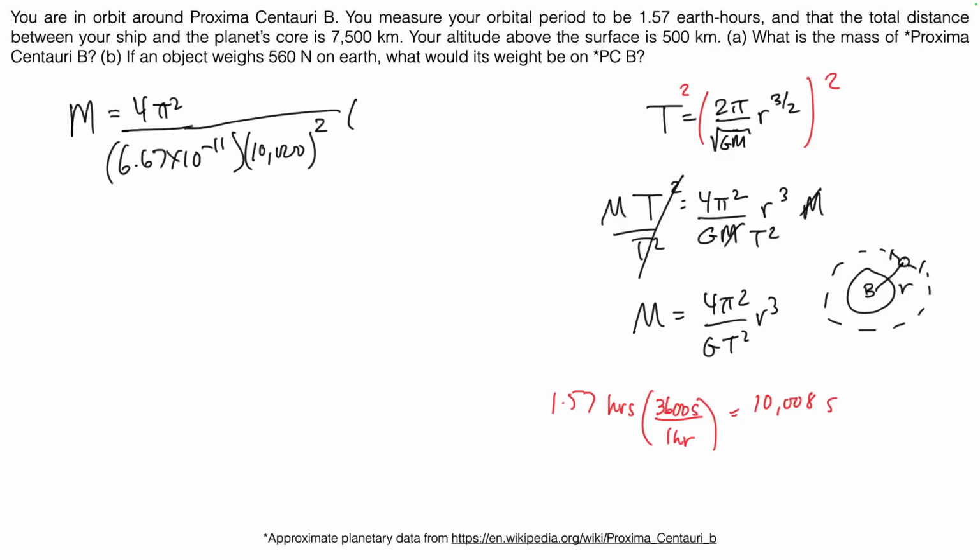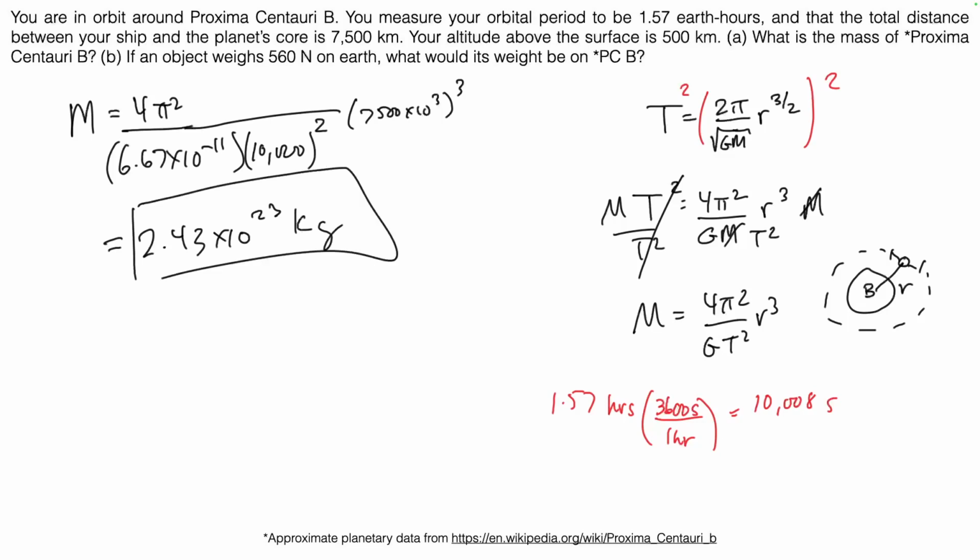All right, so let's see here. 7,500 times 10 to the 3, and then I've got to cube that. And then the next step, of course, is to hope and pray that the calculator actually tells me the right thing. So we're all learning how badly our calculators can screw up these calculations. Parentheses in the wrong spot, and it just all goes wrong, right? But when I did this, I got 2.43 times 10 to the 23 kilograms